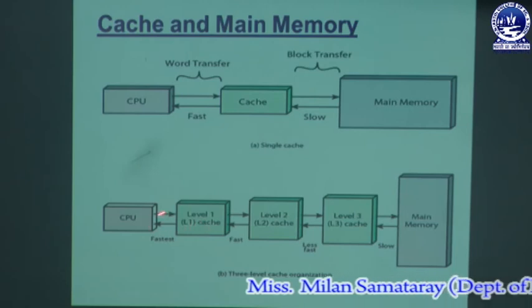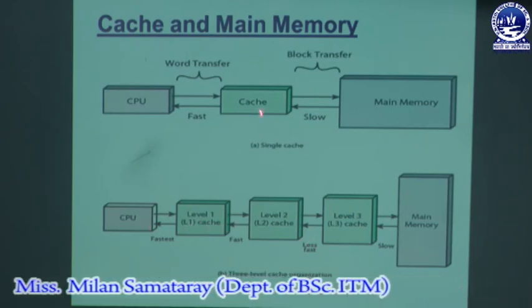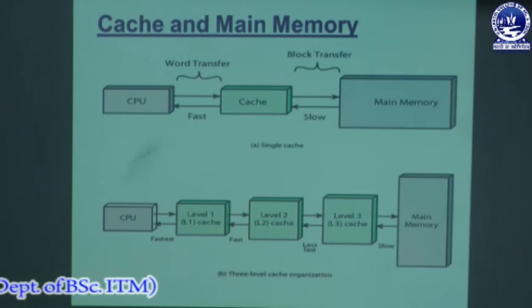To increase the transmission speed and decrease the accessing time, by which we can easily enhance the performance of the system, we use the concept of cache memory, and the cache memory is placed in between the CPU and the main memory. And here is the level 1 cache. The level 1 cache is built inside the CPU chip. It is not outside the CPU chip, but the other two are outside of the CPU chip.